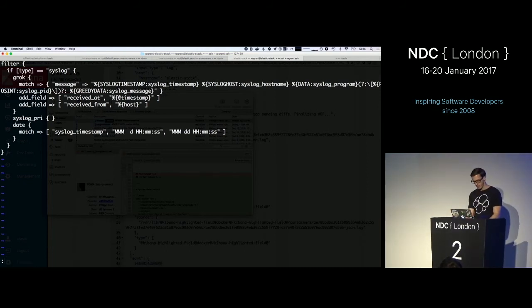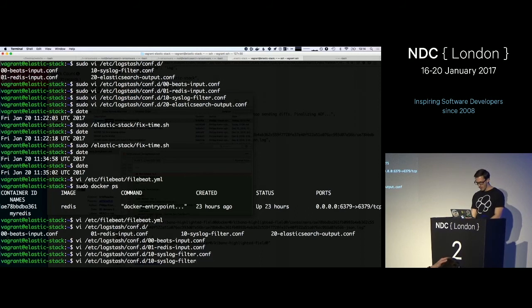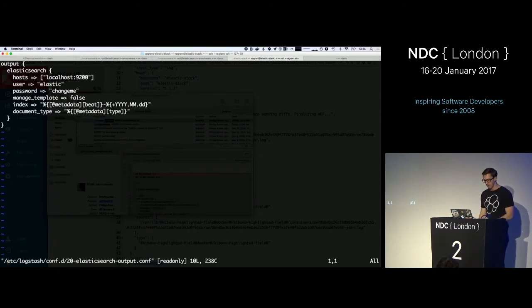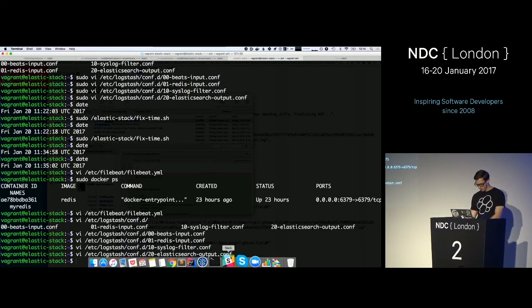And once it has parsed that, it will forward it to Elasticsearch, which is again very easy. Here I've enabled security as well, so username and password, those are the defaults. So it's just storing that information into Elasticsearch. What that would look like,